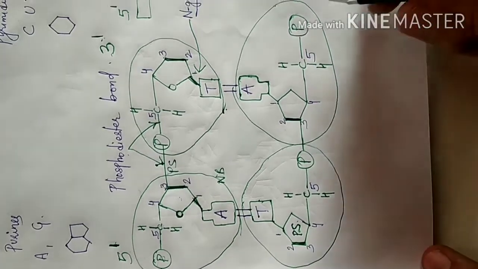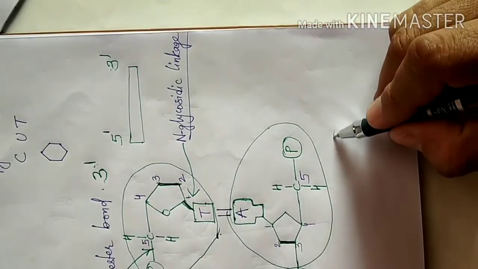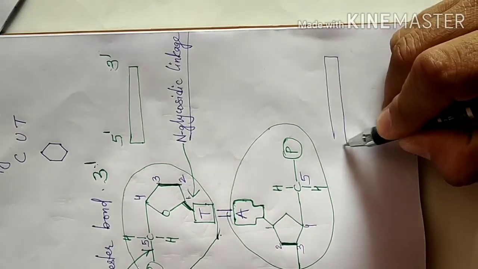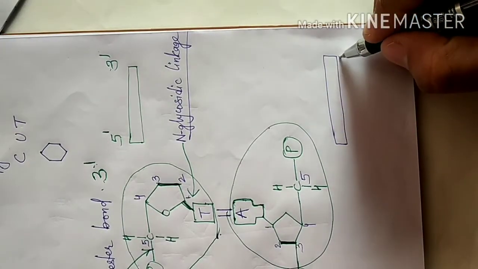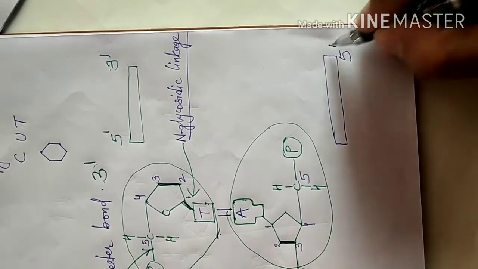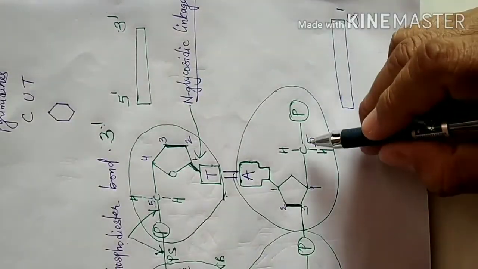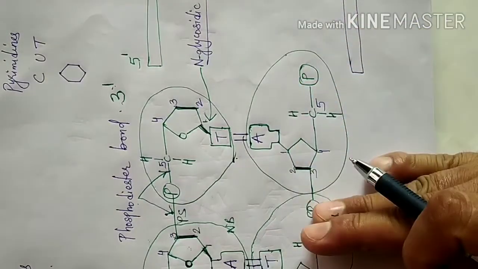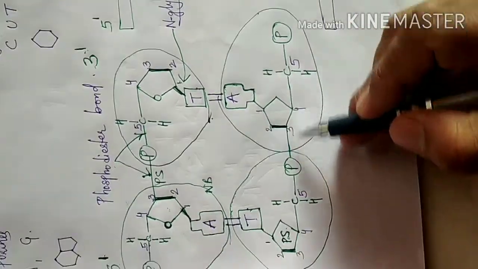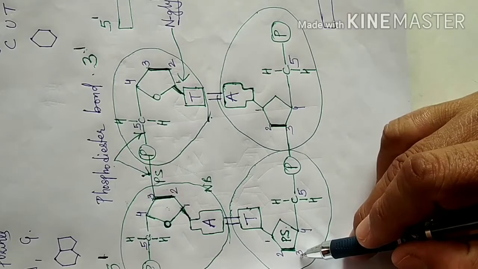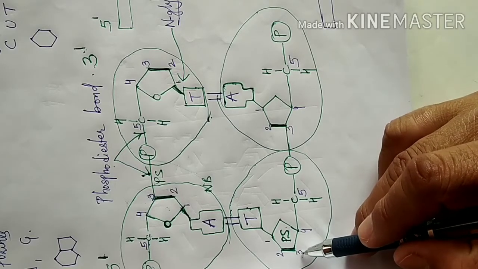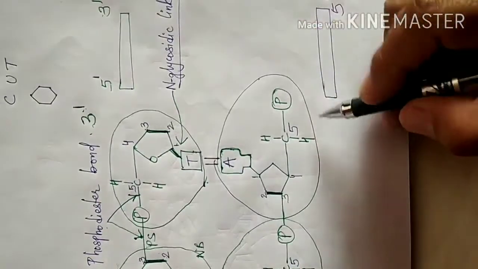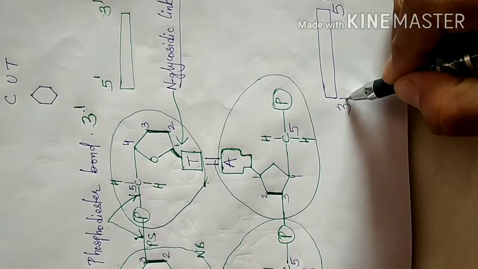So if you have to again make this helix, this way we can show. So towards the right hand side is 5 prime because the 5th carbon atom is towards the right hand side, and towards the extreme left, this is 3 prime. Similarly here also, on the left is 3 prime of all nucleotides. Okay, 3 prime is towards the left, so therefore we write 3 prime.